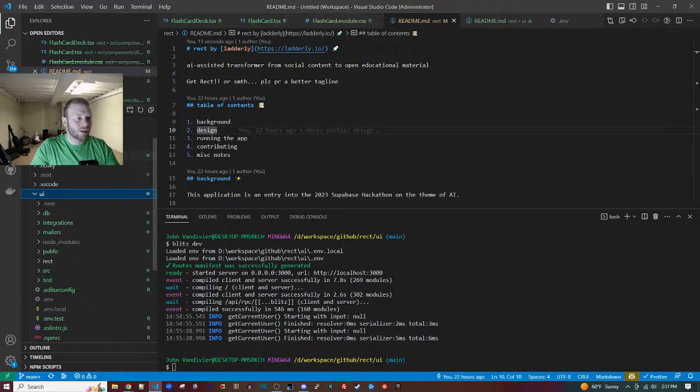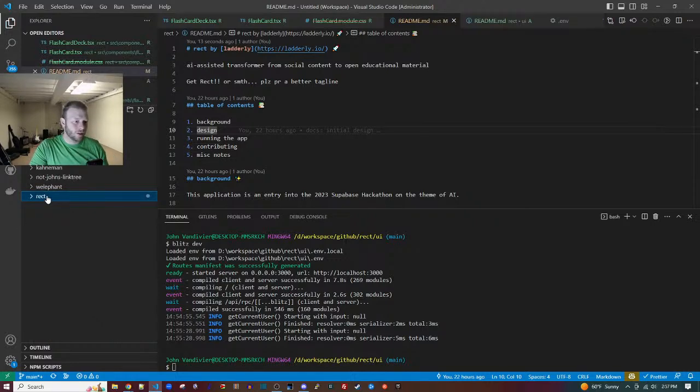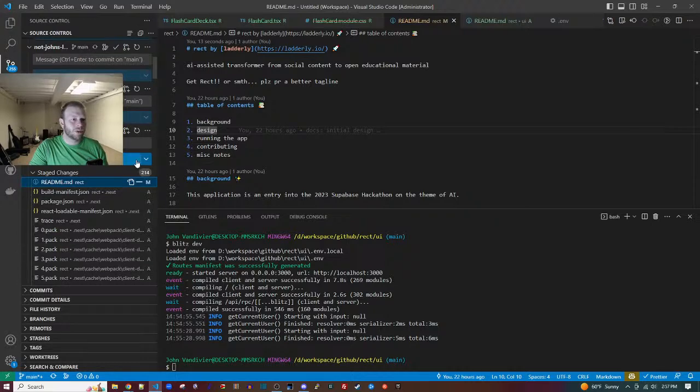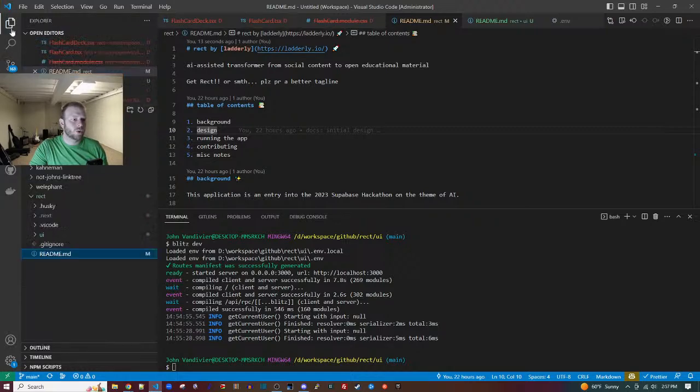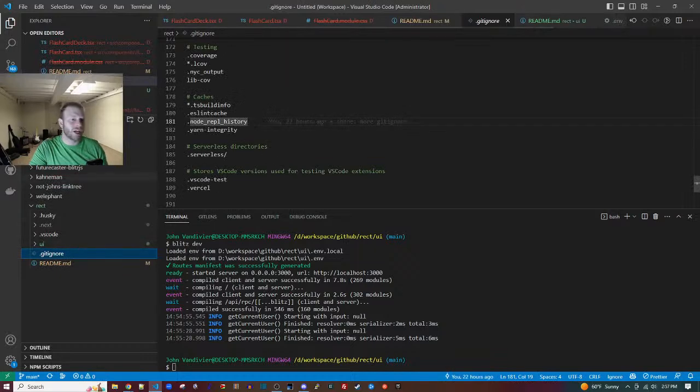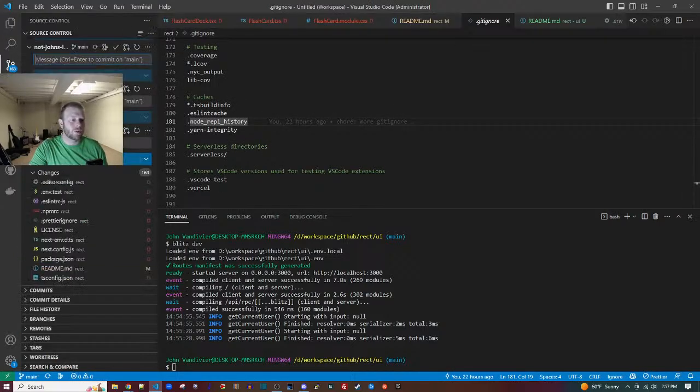Bam. Gitignore back up, refresh, unstage, refresh, and the number goes down. That's good. And gitignore should not be green anymore, right? So it's white, so no changes detected. Cool, so we basically are good.